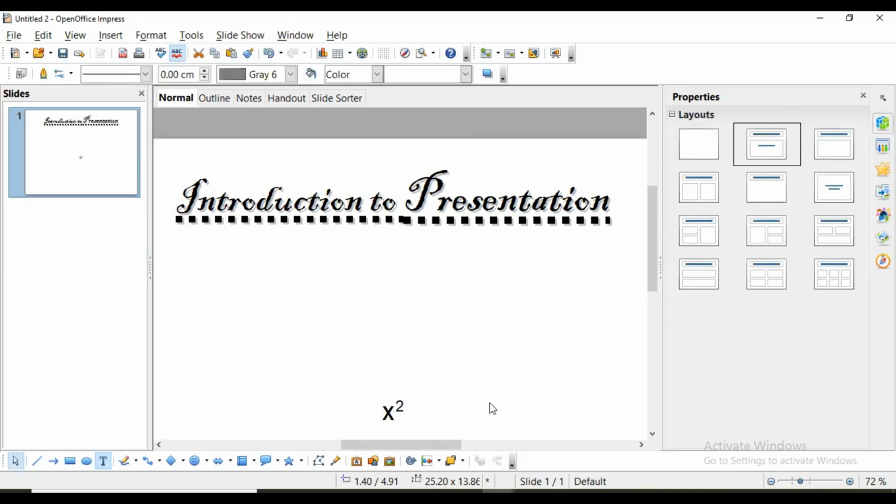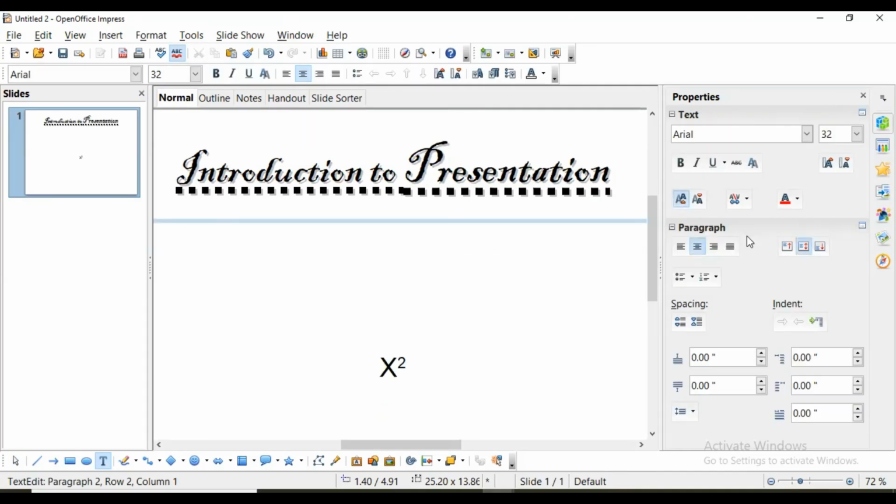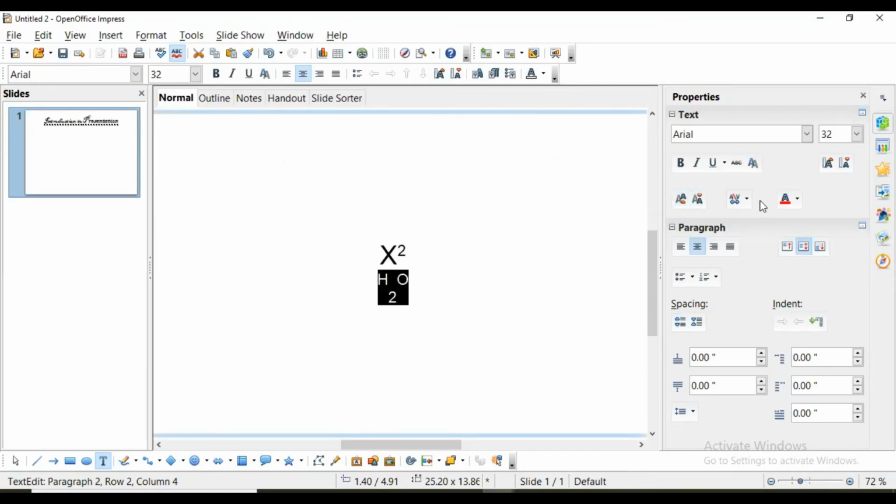Okay, same way if you want to show H2O like this. So generally it comes in same line, but if you want to show it lower than the normal text at that time, select that and select this subscript. Okay, this is subscript. Now you can see this.